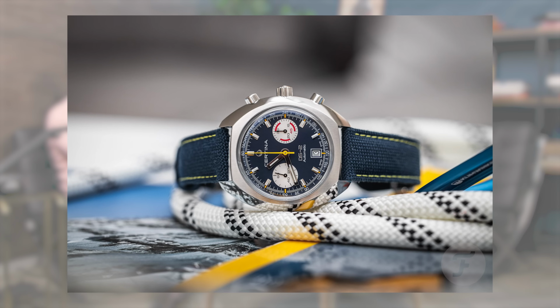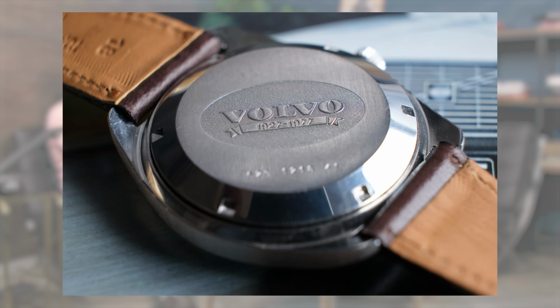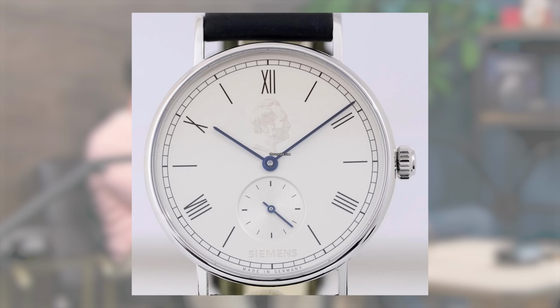Volvo. Oh yeah, that's true. If you look on eBay or Kleinanzeigen, if you want, in Germany, if you search for Certina and Volvo, you get so many watches because they made these special editions for Volvo employees or something as gifts, or perhaps like BMW now with plastic watches. But I think there's some link between Volvo and Certina. You get that with Nomos as well. There's a lot of Siemens employees. I think after 10 or I don't know how many years, they get a Nomos watch that has the Siemens